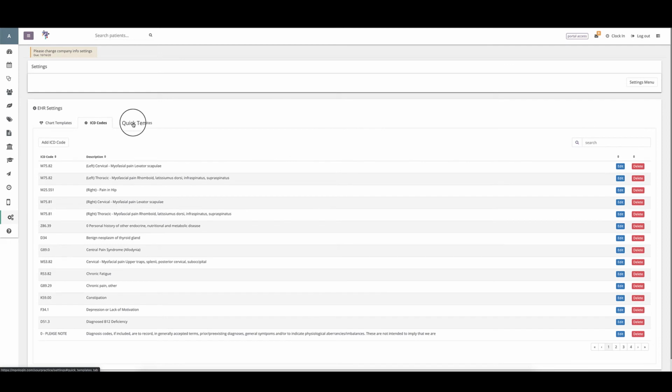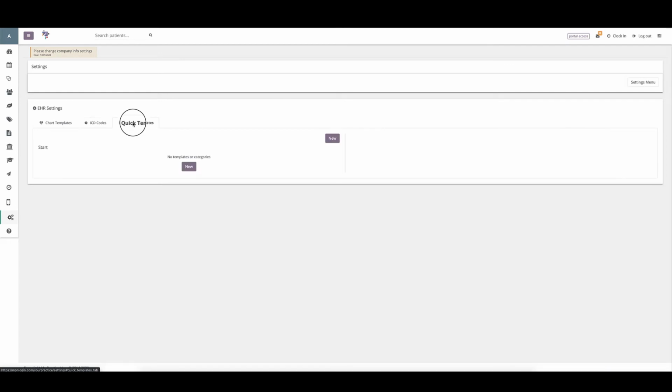Next, we have the quick templates. Now, this is very helpful if you are seeing patients on a daily basis with the same diagnosis, with the same treatment plans. Instead of having to retype things over and over again in the software with your EHR notes, the quick templates are kind of like short codes. And let me explain. You can click on new